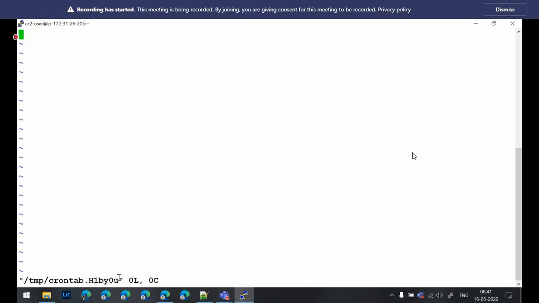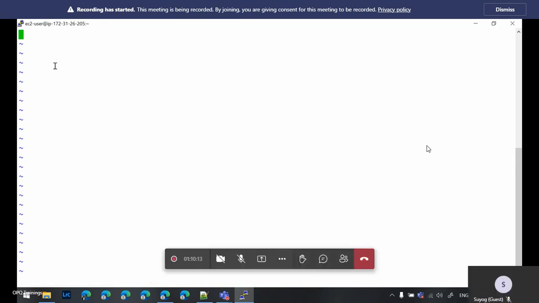You can see here, this is the file. I want to execute it every minute so that I can show you whether the crontab is working or not. So I will write the command sh /home/ec2-user/cron.sh. I want to execute this particular script every minute. So if I save this file,